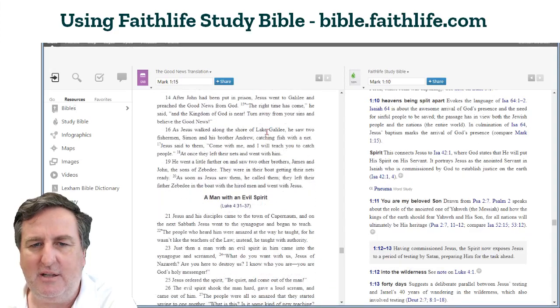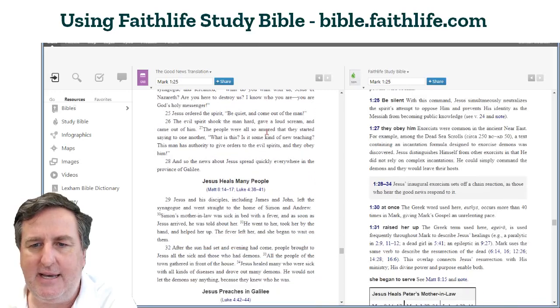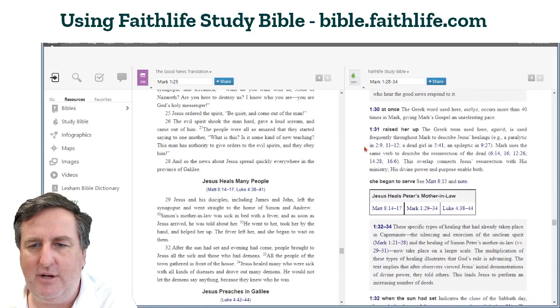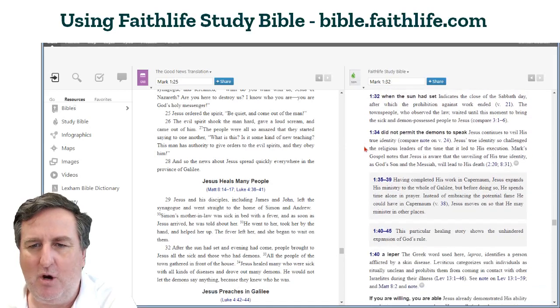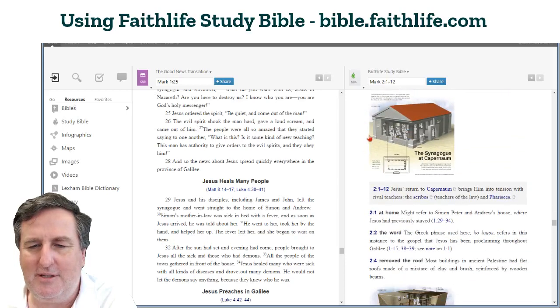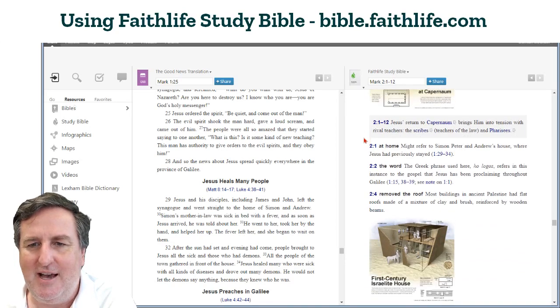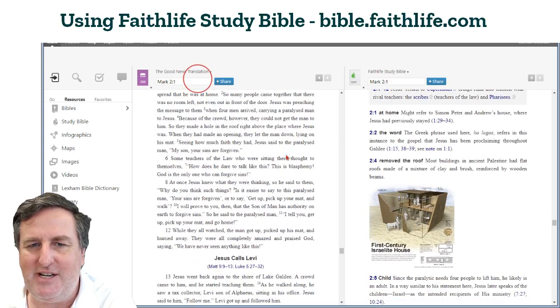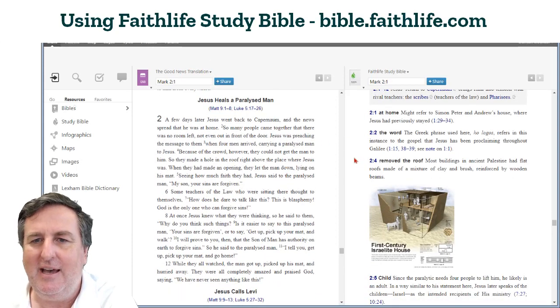We'll scroll down a little bit there, and you can see how images and videos are included in the study Bible as Jesus enters into Capernaum. He preaches in the synagogue at Capernaum. Well, there's a reconstruction of an ancient synagogue based on excavations. What I really love is if you get to Jesus healing the paralytic, you have a whole lot of